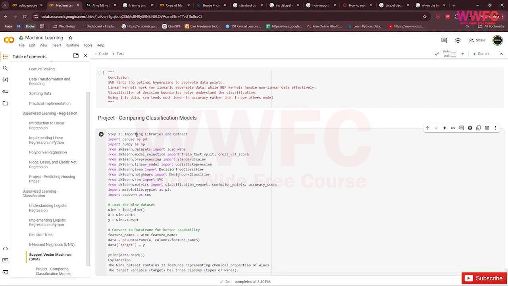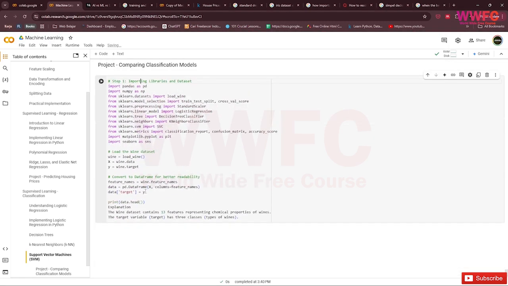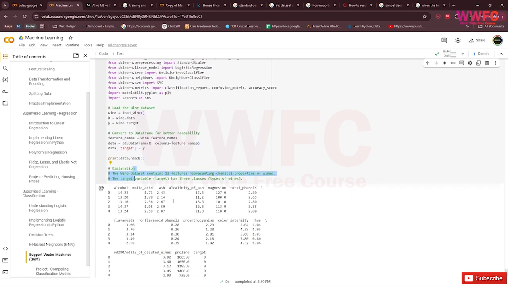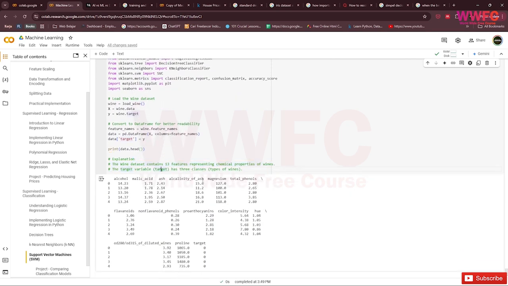Step 1, we import the libraries and datasets. The wine dataset contains certain features representing chemical properties of wines. The target variable has 3 classes, types of wine. So this is the target, and these are the features, chemical properties of wine, like alcohol, malic acid, ash, alkalinity of ash, magnesium, and etc.